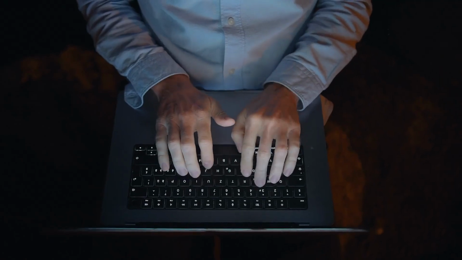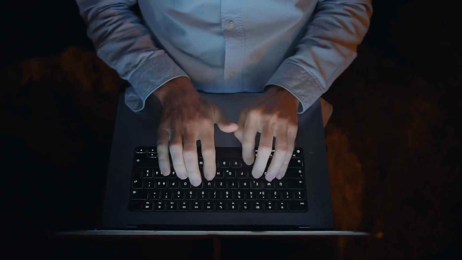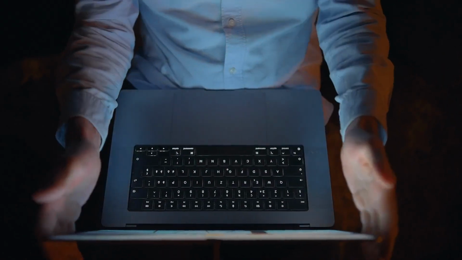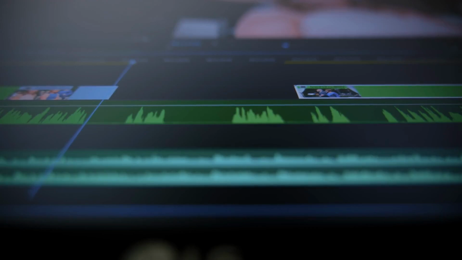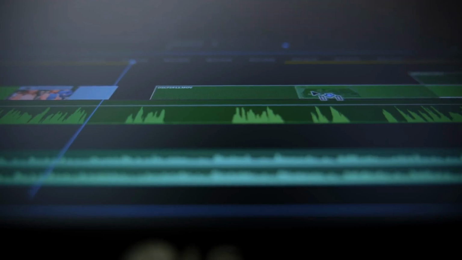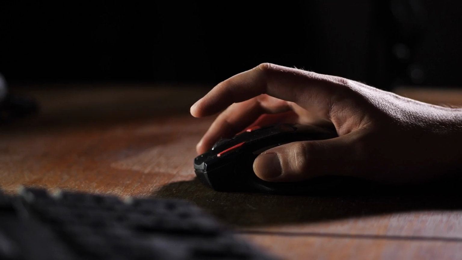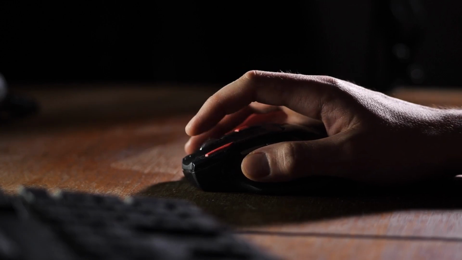So you want to know how to translate and dub a video with Vizard, and honestly, this tool makes the whole process way less painful than you might expect. First, you simply click into the platform and select the translate or dub option to get started. You can either upload your own video file directly or just paste a link to the content you want to